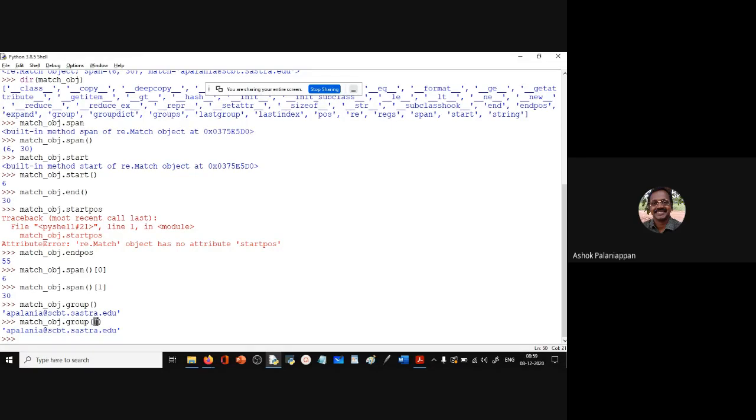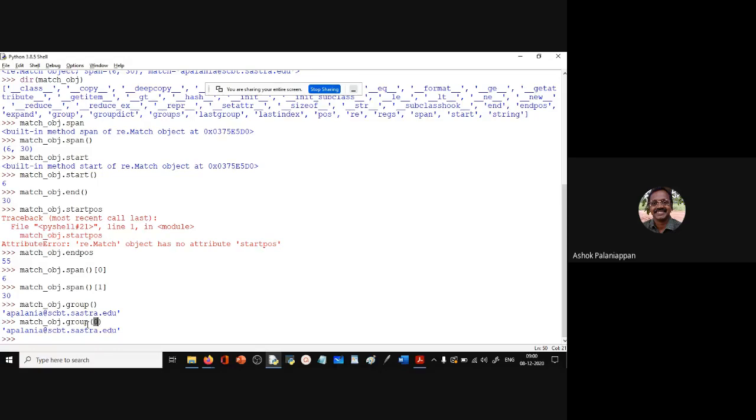If you want to extract specific groups in the pattern, it is possible to do so. How do we extract the specific patterns? We specify the group number from left to right as an argument to the dot group method, and we can extract the individual patterns. We'll do examples of that as we go on.